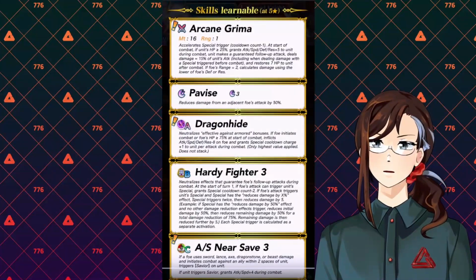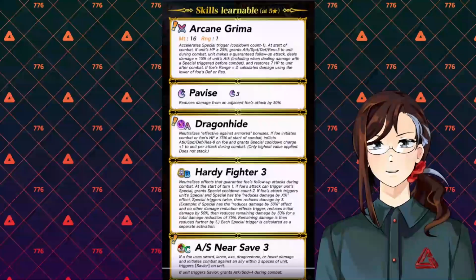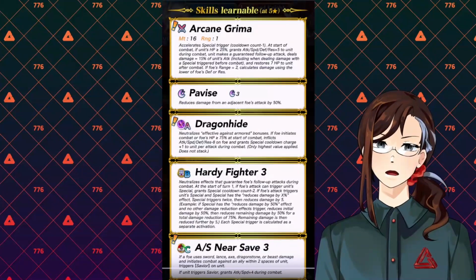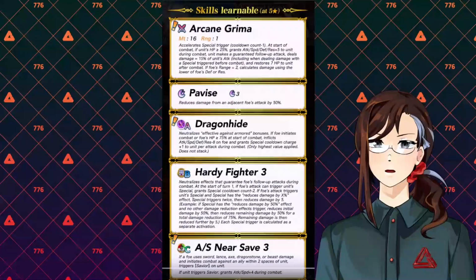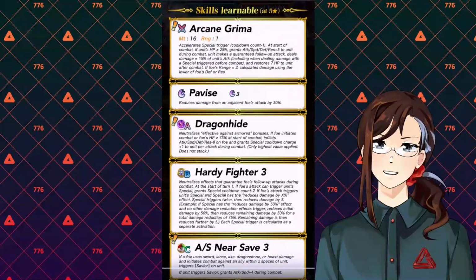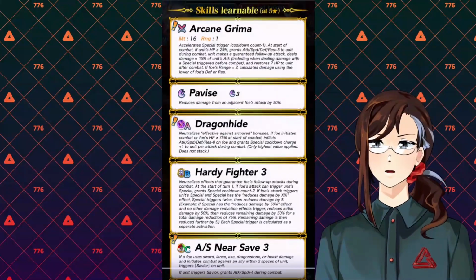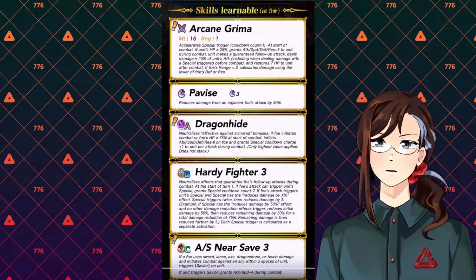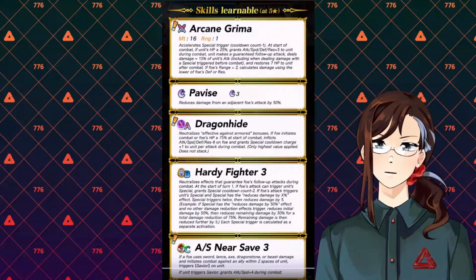Not much doubt there. She has Pervis, which is telling us something about the unit, but we'll get there when we get there, because before we get there, in the A slot, Dragonhide. Neutralizes effective against armored bonuses. It's a PRF Surveillance Shield. Surveillance Shield, one of the strongest things an armor can have built into their kit, because